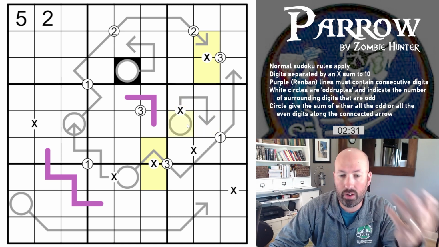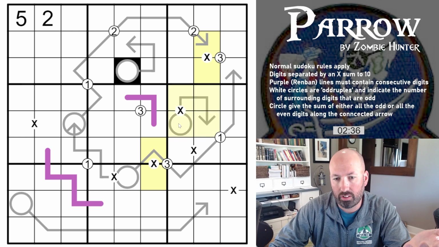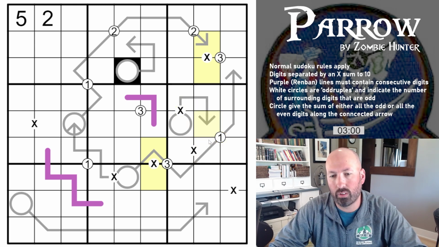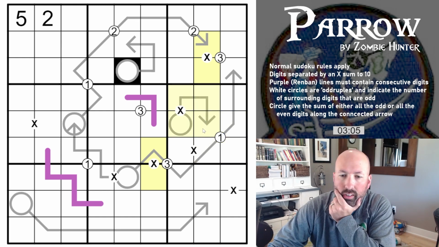Now, you could have, theoretically, an odd and just one odd, and they could be the same digit, but since it's all in the same box, they can't be. So these would all 4 have to be odd if that one is odd. Is that possible? These 3 would have to be even. If these were all odd, these would all 3 have to be even, because you only have one odd in here. Seems like it...